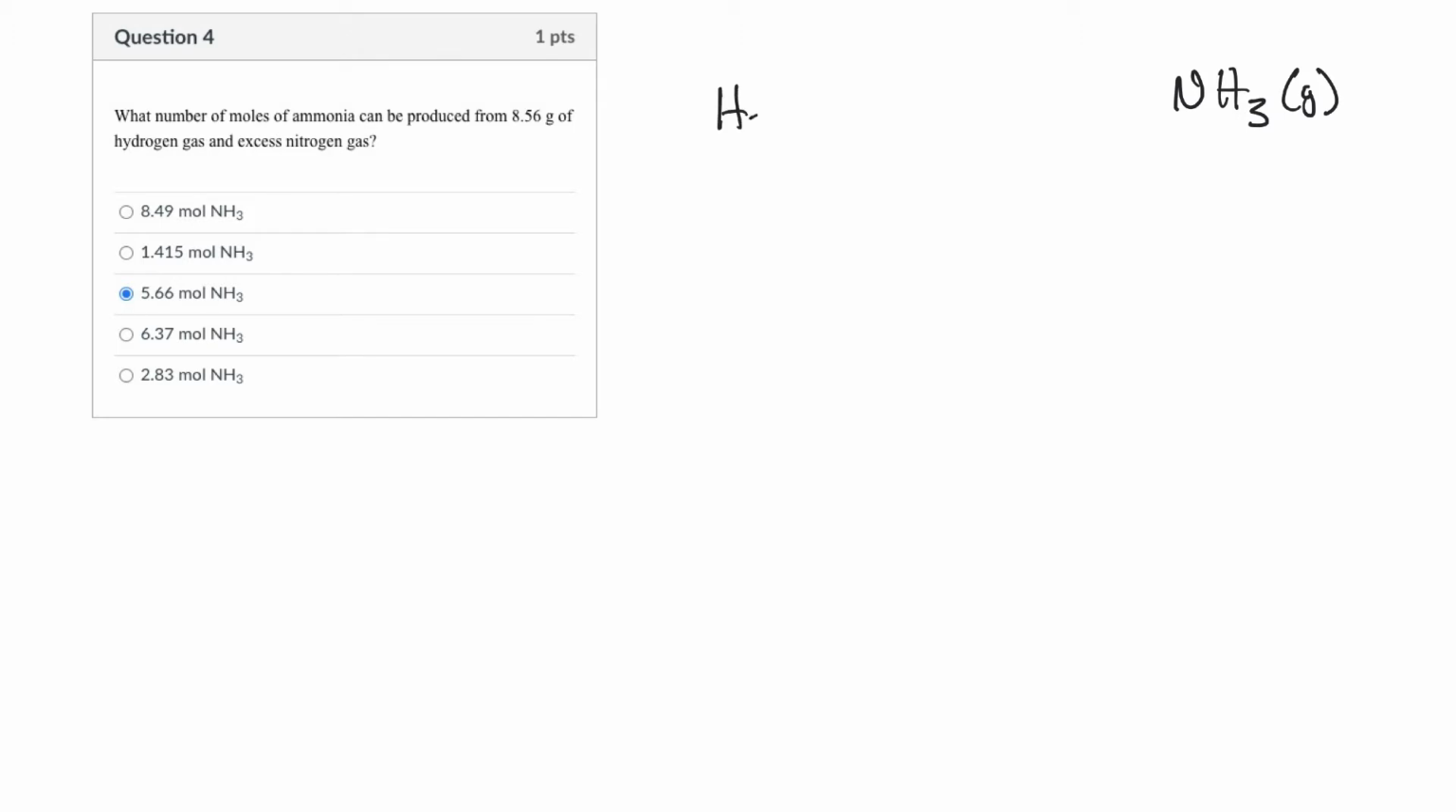So I'm reacting hydrogen gas with excess nitrogen gas. Okay, need to balance. I think I'm putting a 2 here. That'll give me 2 nitrogens. I have 2 nitrogens here, so this gets a 1. And this gives me 6 hydrogens, so I need a 3 here to balance the hydrogens. Okay, so now